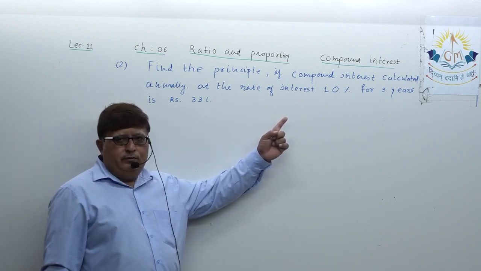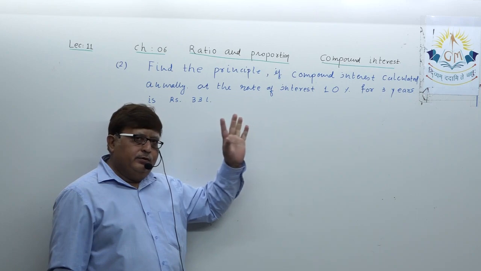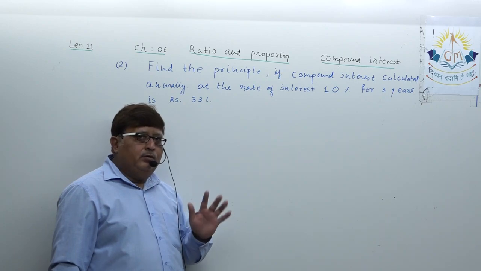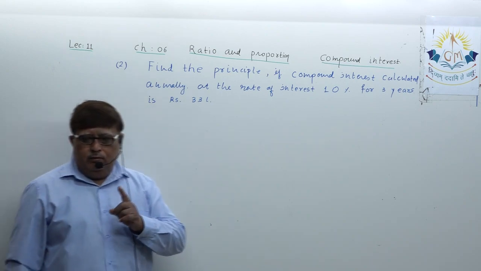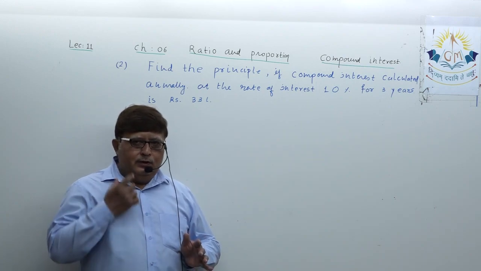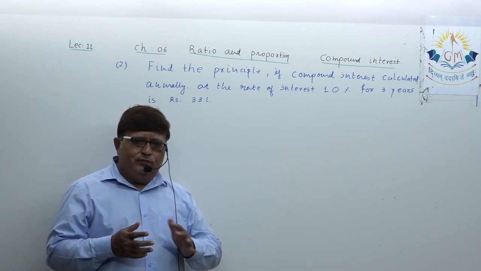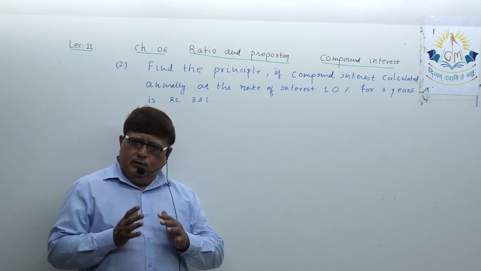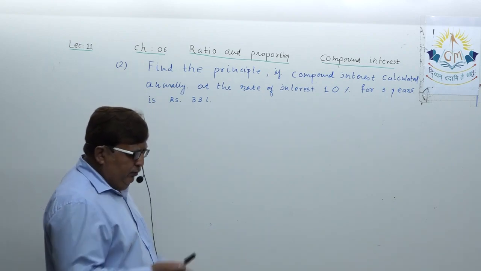Rate of interest 10% given. Number of period 3 years given. But what is not given is amount. In the previous example, amount was given. Here amount is not given. That means, dear student, the sum is a little different from the previous example, a little variant. Okay, how can we solve it?